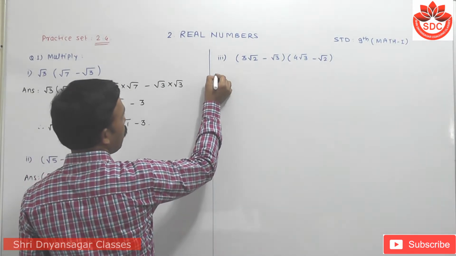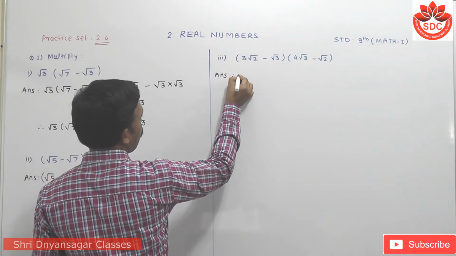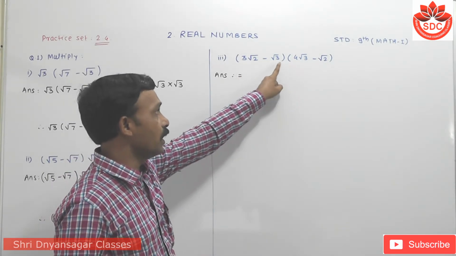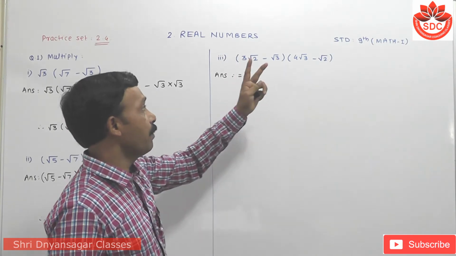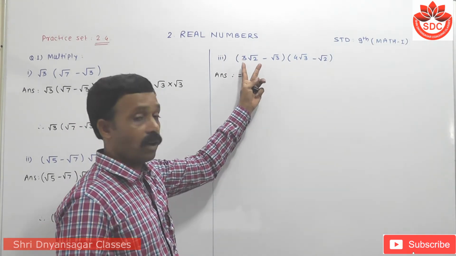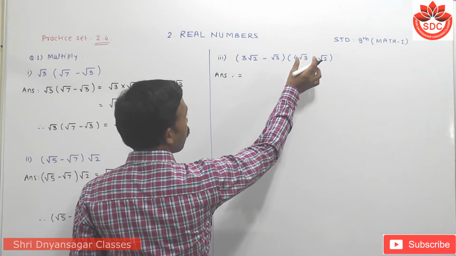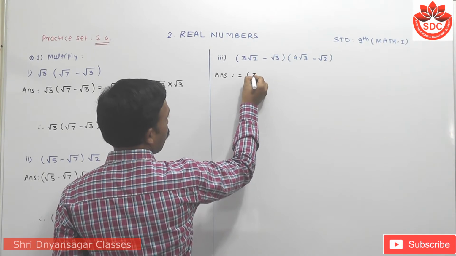I have taken the answer of this one directly. Now, 3 root 2 minus root 3 into 4 root 3 minus root 2. You have to multiply the second bracket with the first bracket, or the first bracket with the second. Here I multiply this bracket by this bracket, and we get